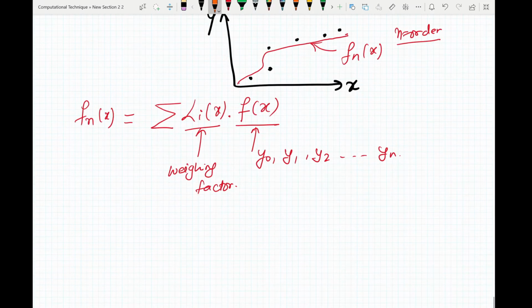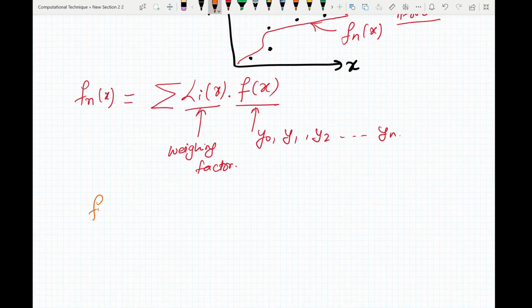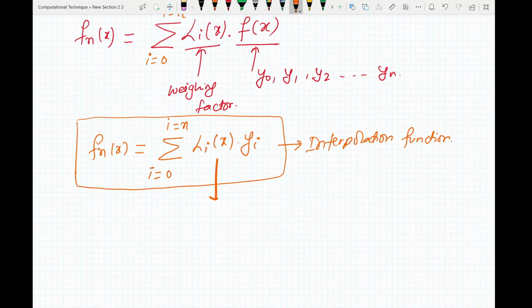You can write this as your function fn of x, where I goes from 0 to n. Now here fn of x will be equal to the summation from I equals 0 to I equals n of Li of x times yi. If we expand this,